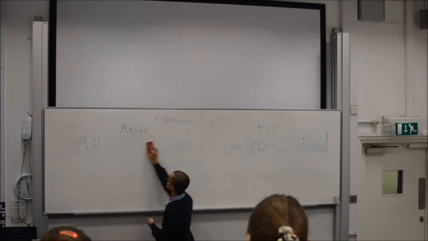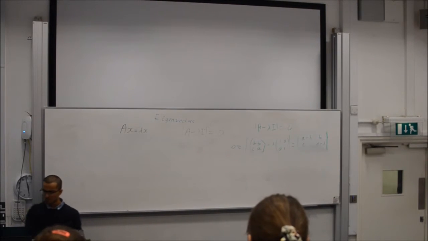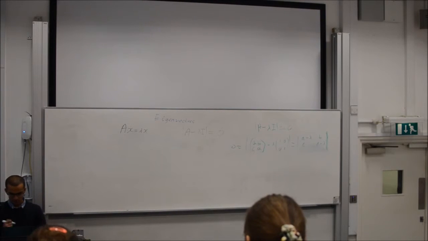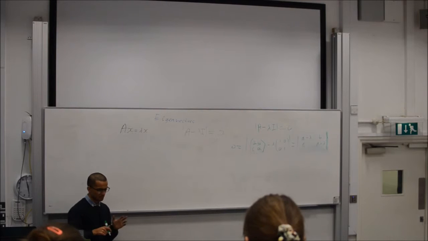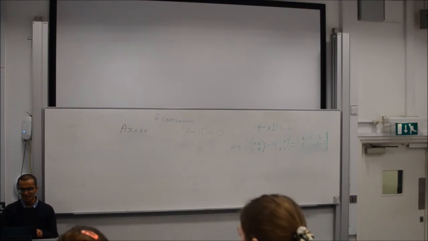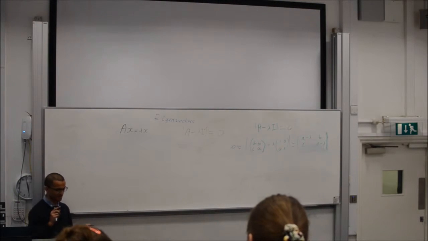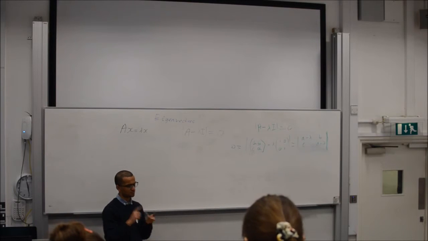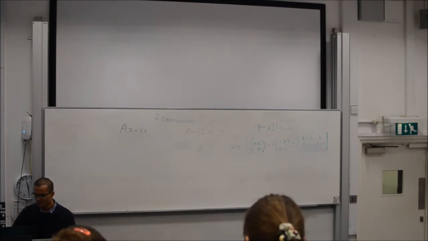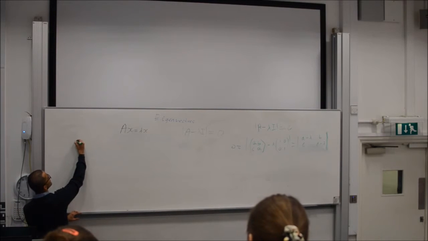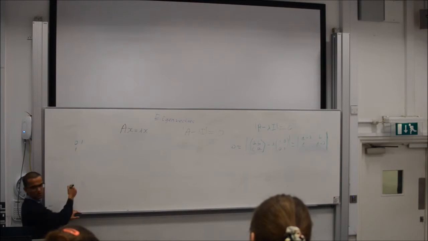There are three main examples I'm going to cover today: reflection, rotation, and scaling. If I take a random reflection matrix, 0, 1, 1, 0,